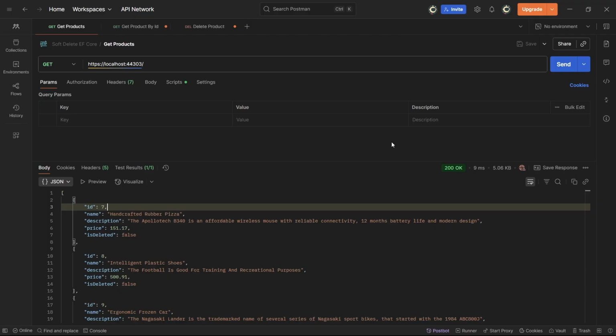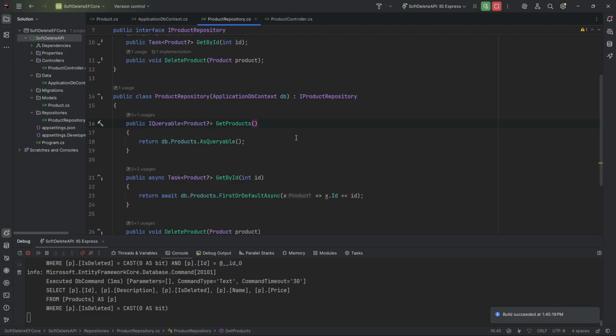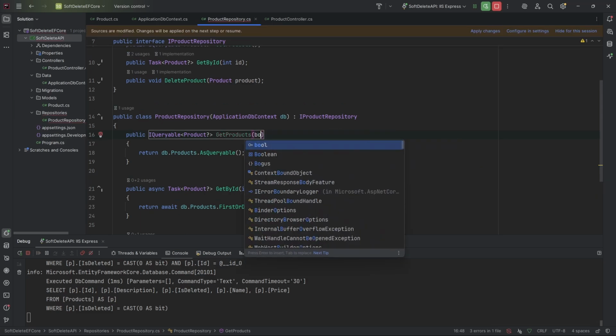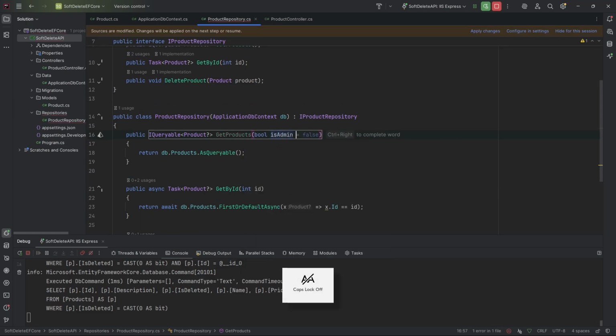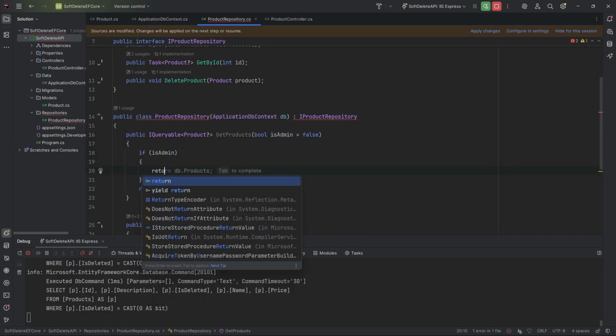Now let's say you're an admin and someone accidentally deleted the product and you want to restore it. But the issue is, with our getAllProducts endpoint, we do not see the deleted product. To fix that, we're going to come into our product repository. We're going to add a simple boolean, which is called isAdmin. And by default, it's going to be false. If I come down here, I'm going to check if he is an admin. We're going to return